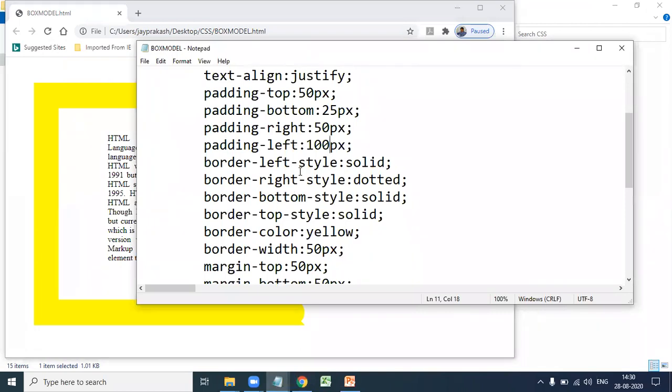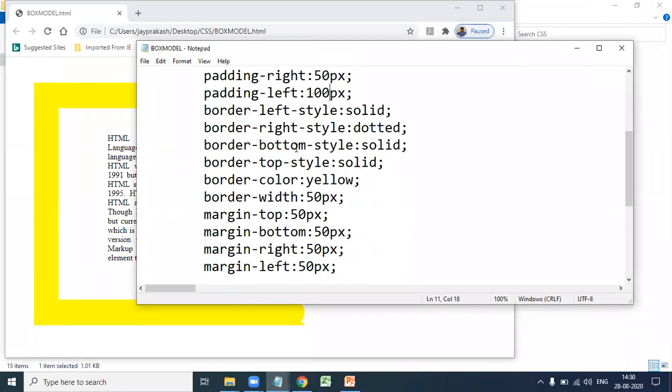Next, border left, border right, border bottom, border top. These are individual. Border has 4 properties: style, width, color and individual sides, that is left, right, bottom, top.